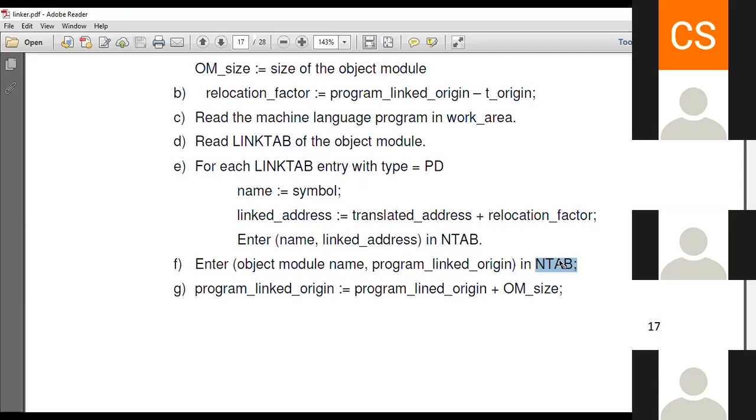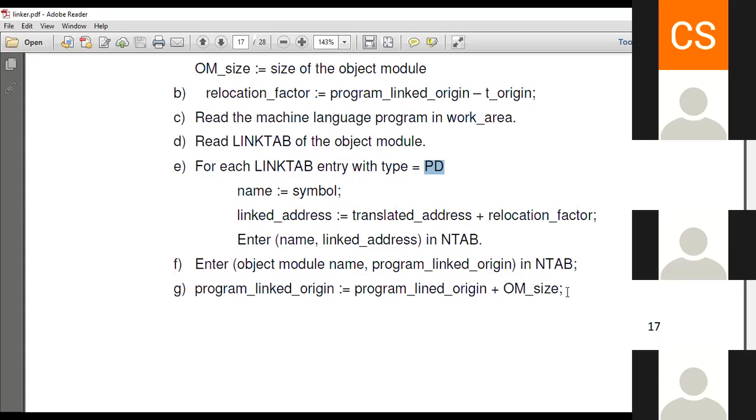So your name table contains either the object module, or object module origin, or PD type, that is the public definition type. And your link tab will contain public definitions, external references, as well as public definitions and external references.